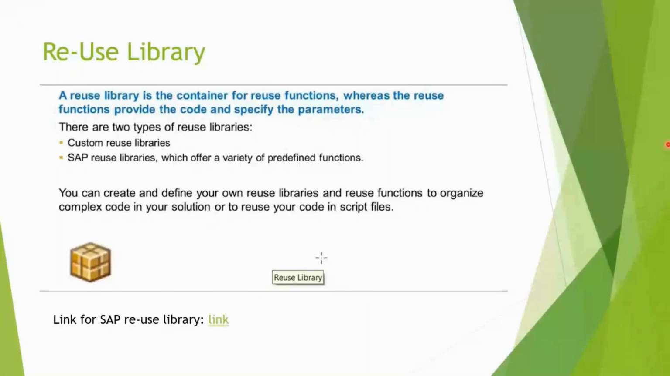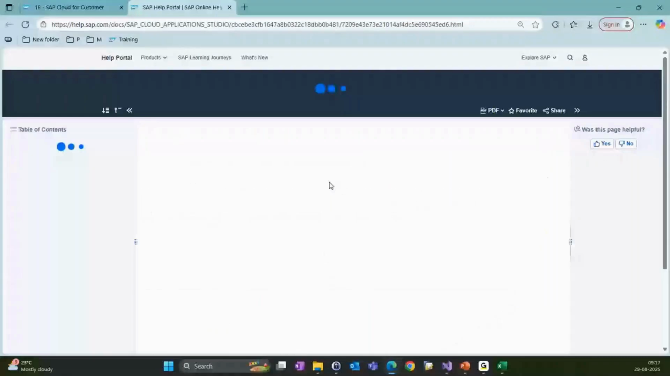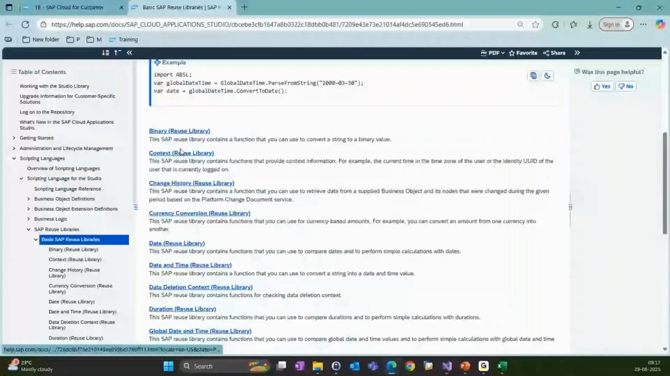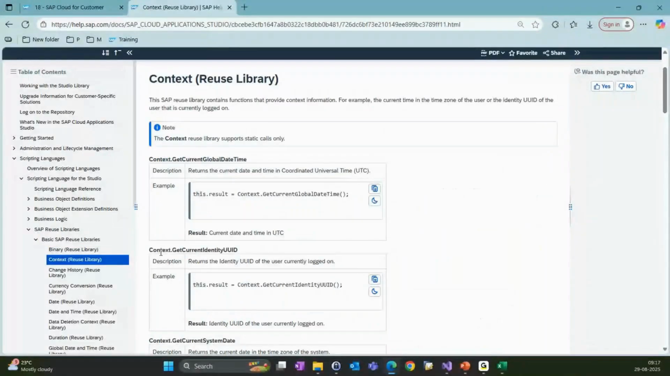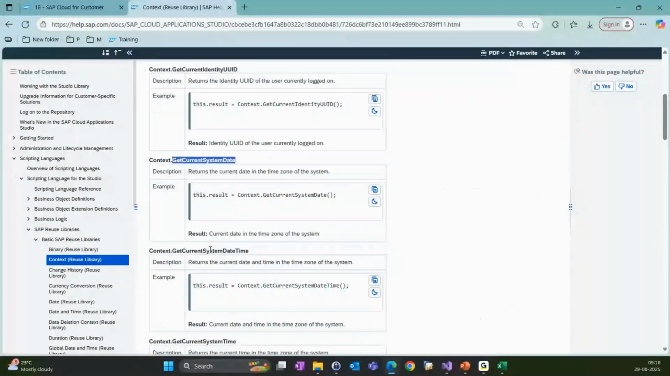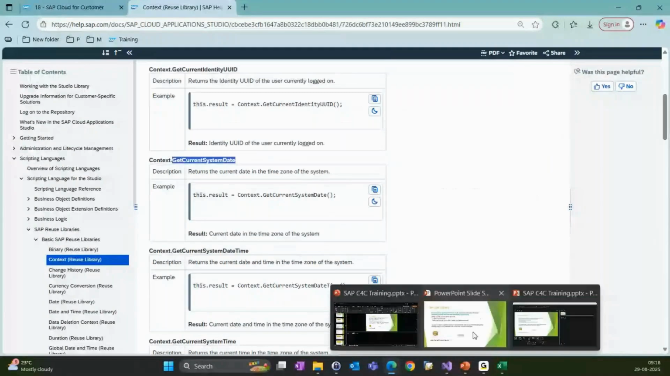These are the basic SAP reuse libraries which are provided by SAP. If you want to get the current login user, let's say if I am logged in, and in the backend you want to get the user who has logged in, there is a reuse library called Context.GetCurrentIdentityUUID. Using this function, you can get the user who is logged in. Similarly, we have the current global date time, the system date time, all those things. SAP has provided these reuse libraries, which we can use to get some predefined